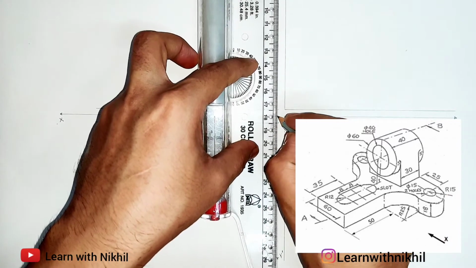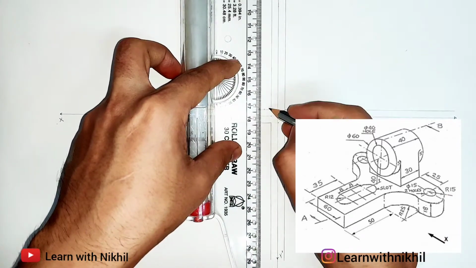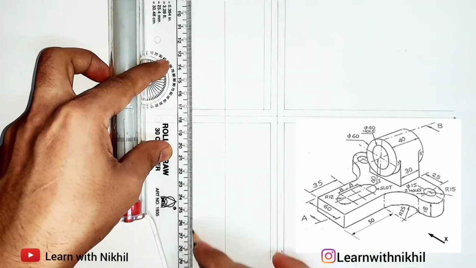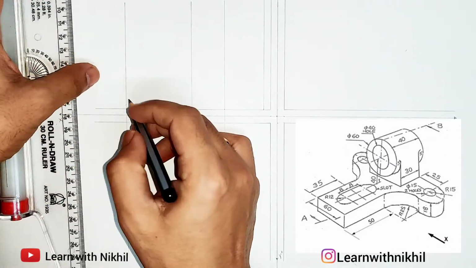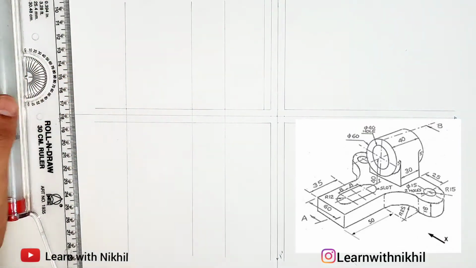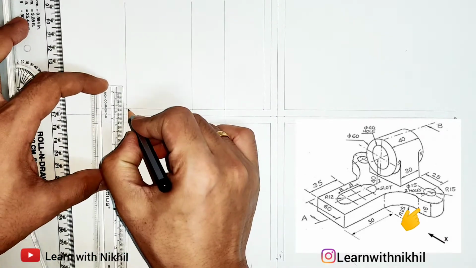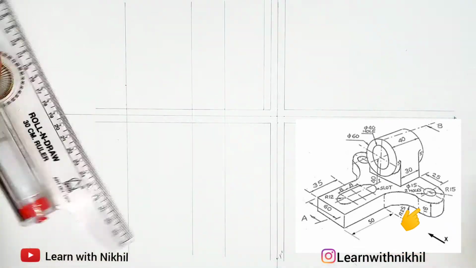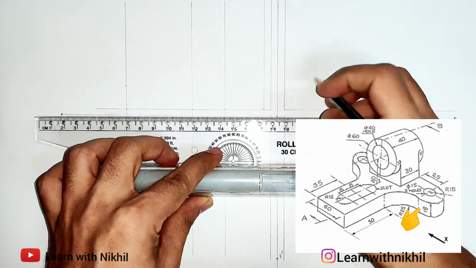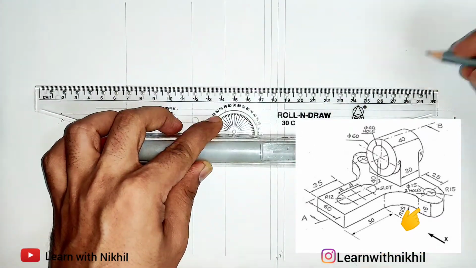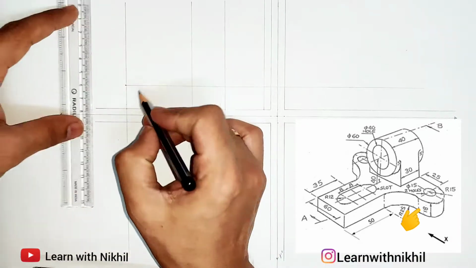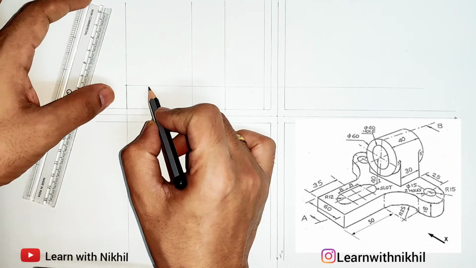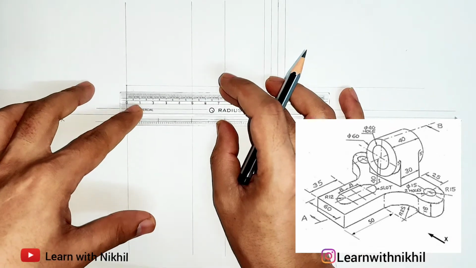Now we'll take the projections from those lines. We'll extend them towards the top view also, as later on we'll require to take the projections. So let's start here. For the front view, the width given is 18. So from the base, I'll mark a point 18 above and draw a line through it. Now next, I'll make this part dark. Remember, we have to draw the sectional front view, so I'm moving according to it.